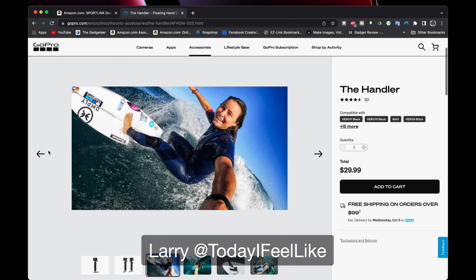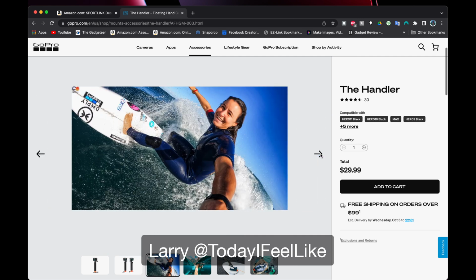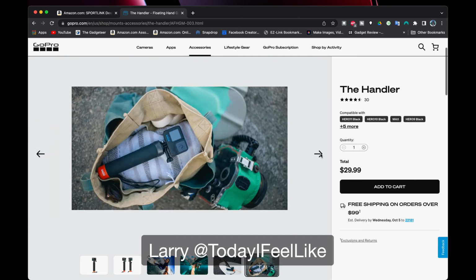Sorry, I'm gonna go back so fast. You can use it forward and backwards. It has that grip there, so it makes it easy to hold if you're out there surfing or doing whatever you're doing. You can use it while you're swimming. You can see right there how it looks. It has that quick release base on there. And yeah, it's just sort of a nice